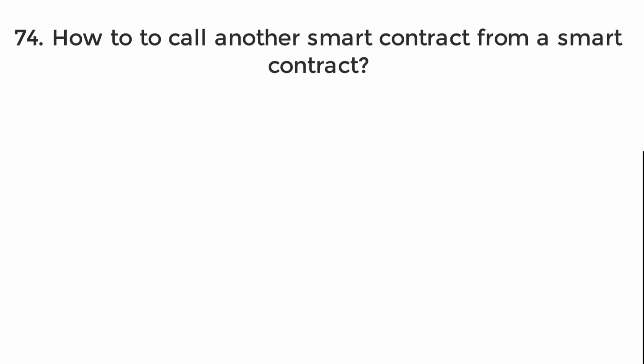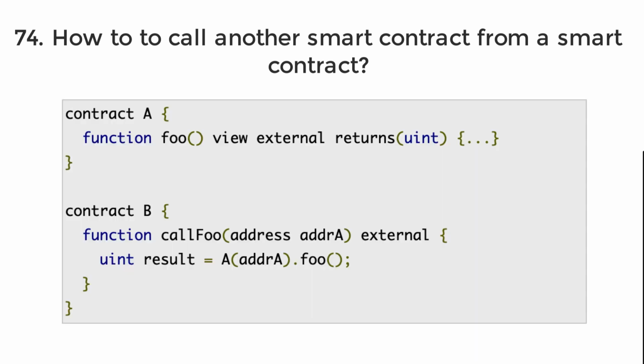How to call the function of a smart contract from another smart contract? Like before, first you need to import the smart contract to call. So either you use the import keyword or you define both contracts in the same file. And after, you're going to reference the contract to call, and between parentheses you're going to give the address of this contract. So that means that your smart contract needs to know the address of the contract to call. And finally, you're going to add a dot plus the name of the function to call.